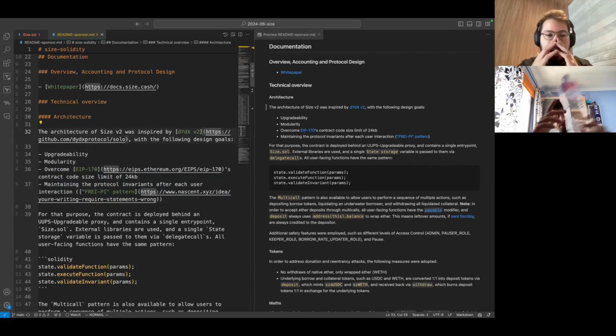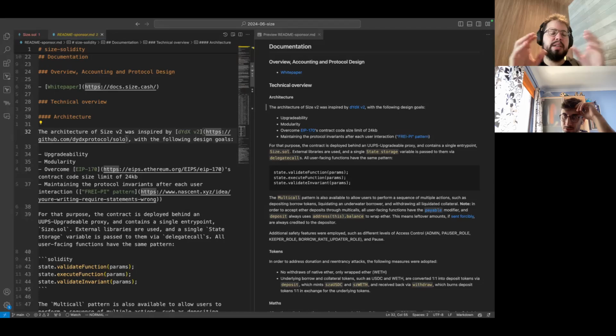When we were considering different types of architectures, we took a look at Uniswap, Aave, the blue chips, but this version of dYdX was very interesting because it was very modular and very easy to understand from our point of view. And because of the architecture, they also implemented, kind of by default, this FryPy pattern that came out some time ago,